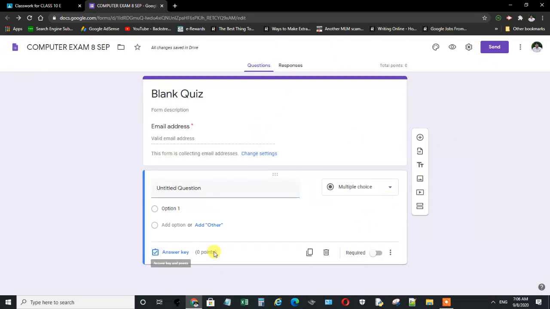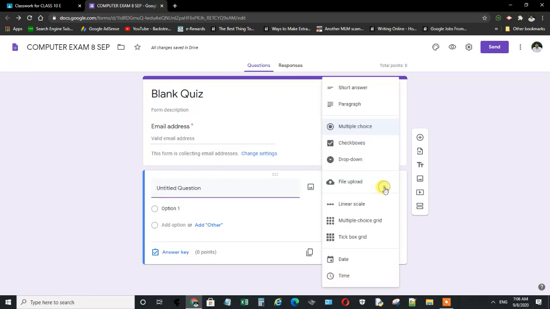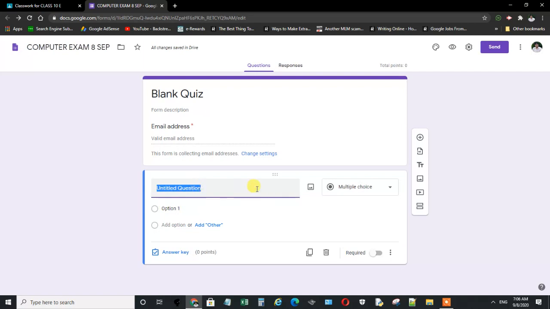And now we have to design our question paper. This is the first question, and that question type should be multiple choice. We will find these many options here. We have to take the option multiple choice. Question number 1. Who developed C++?